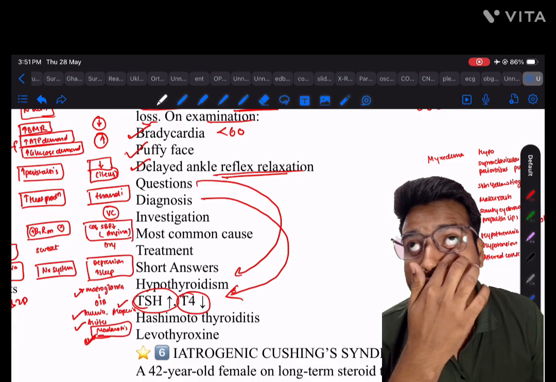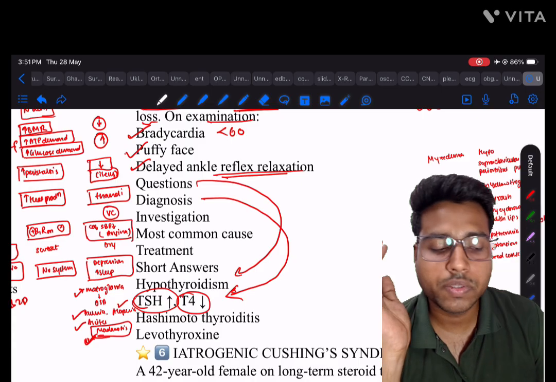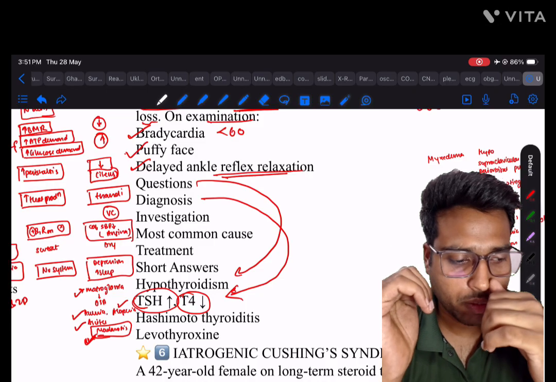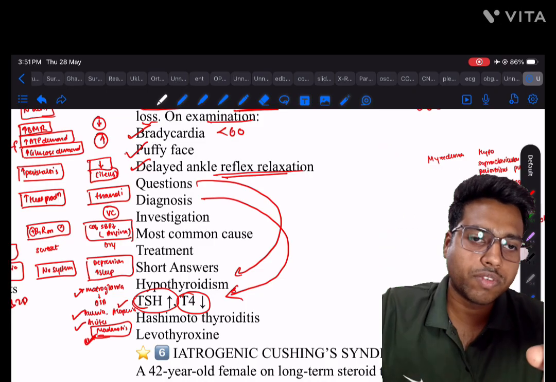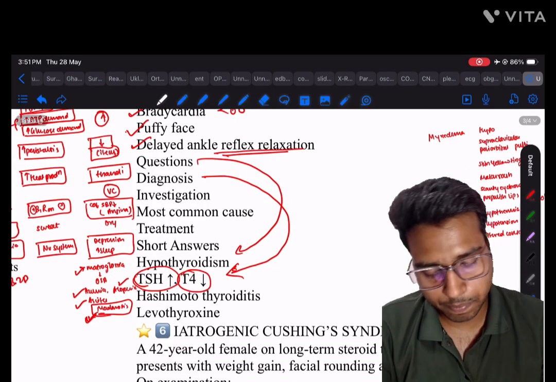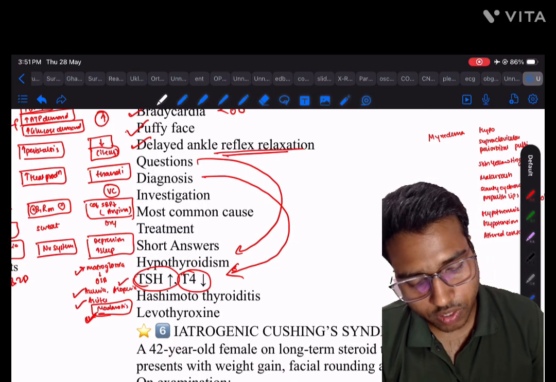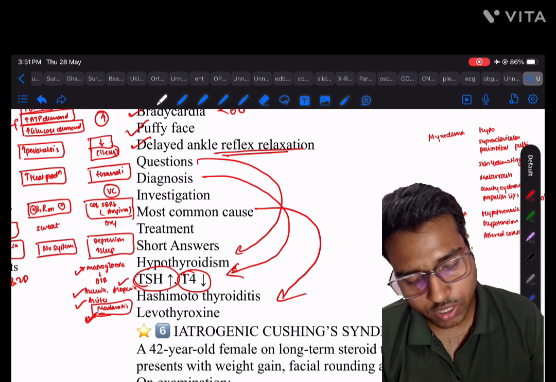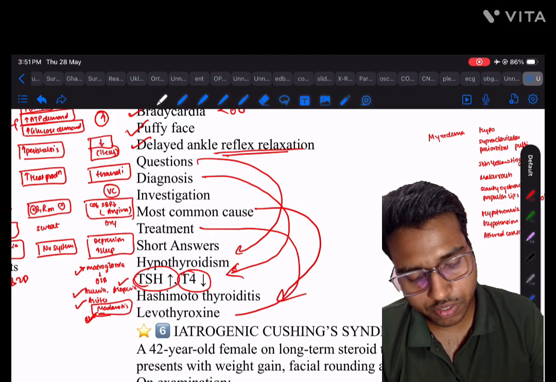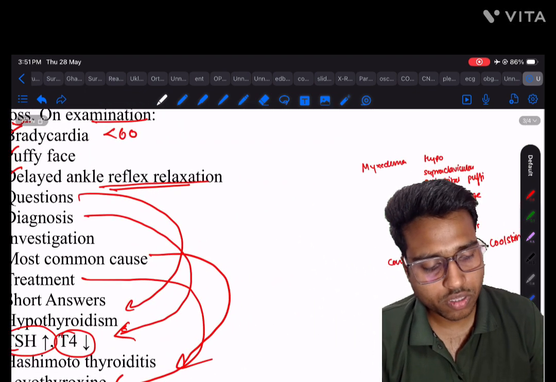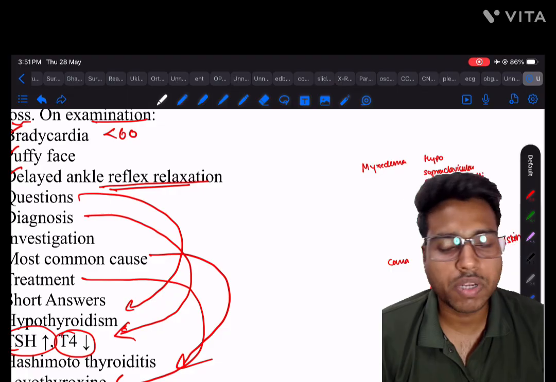You know in hypothyroidism the hormones released by the thyroid gland are reduced, but the center of action, the pituitary gland, releases TSH to produce more. And then what would you investigate? What would be the most common cause? It would be Hashimoto's thyroiditis. And what would be the treatment? It is levothyroxine. It has more of the things primary.